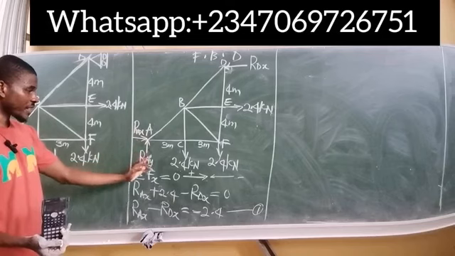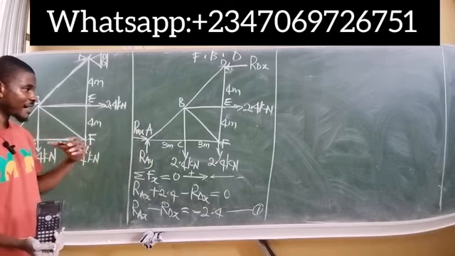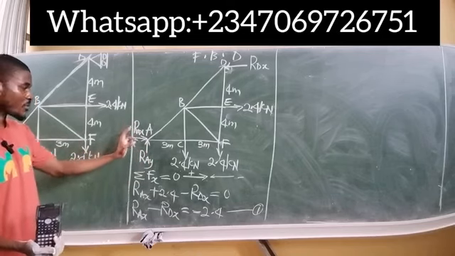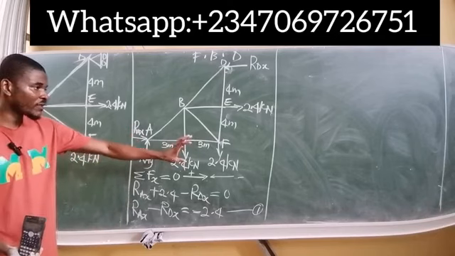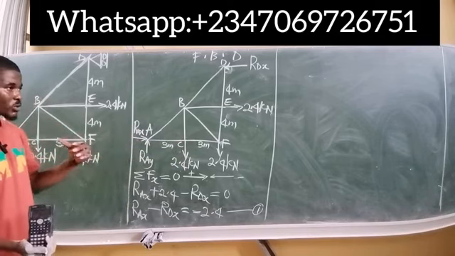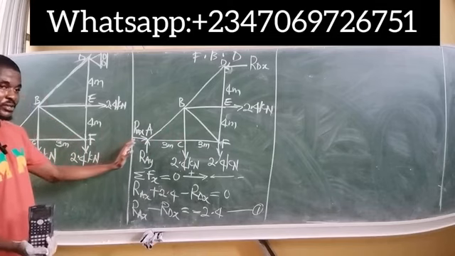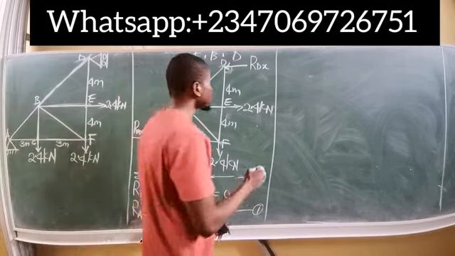At point A, we have two reactions, RAY and RAX. So I can decide to take moment at point A. The moment of these two forces at this point completely becomes zero. Then I can take the moment of every other force at point A. So the very best place to take moment now is at point A. So let's do that. Taking moment at A,